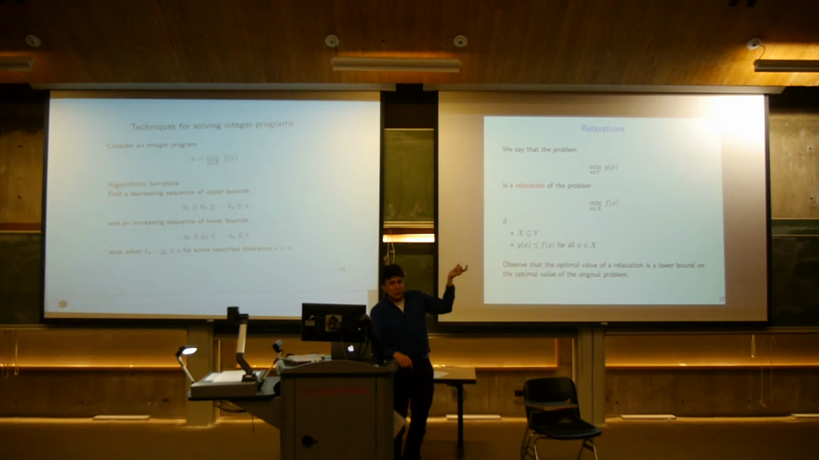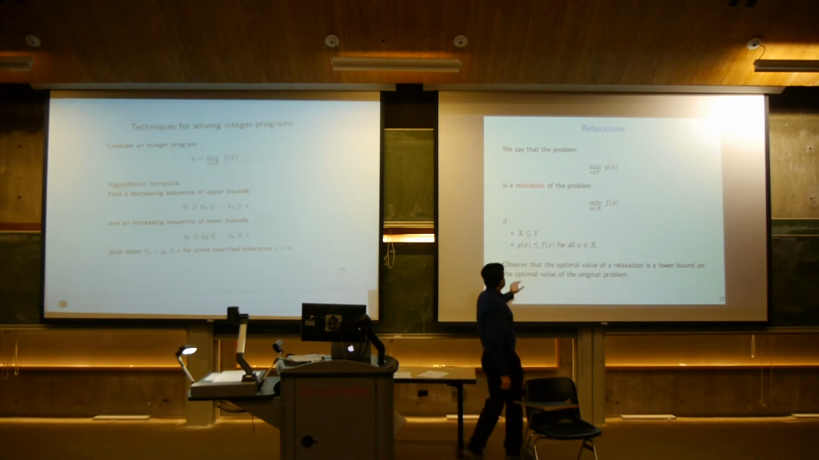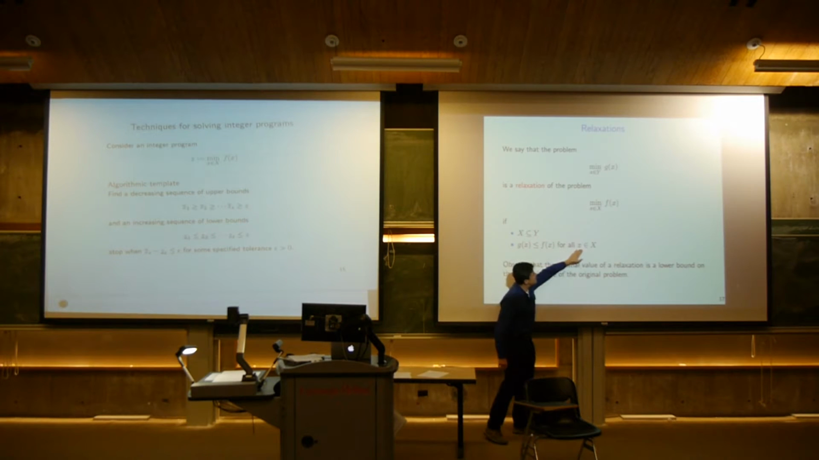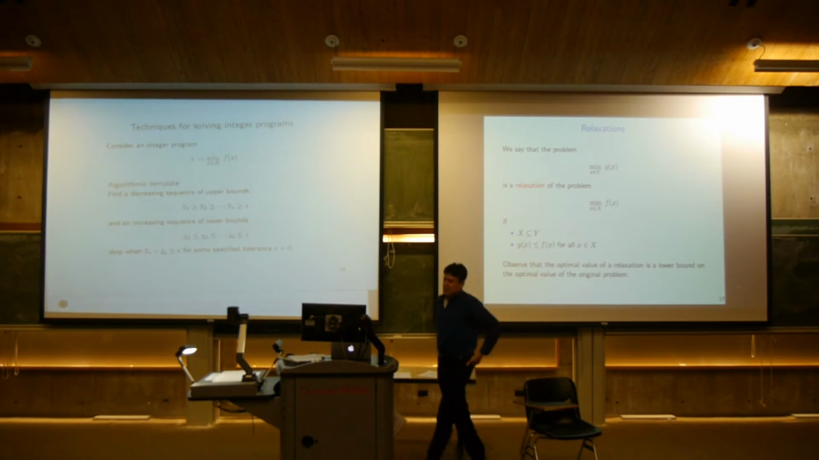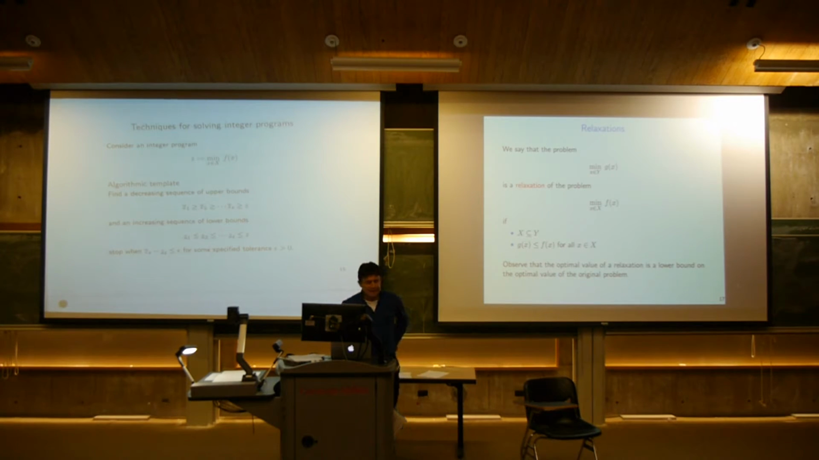The objective function could be identical. That would be a relaxation. But in some cases, it's convenient to have an easier objective function. So we call the first problem a relaxation as long as we have this inequality for every feasible point for the original. Okay? So now, if you think about that for a moment, the two conditions,